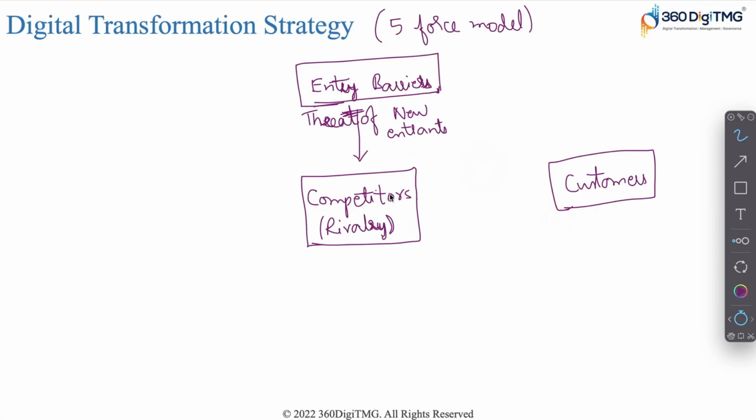If there are fewer players, then you can control the bargaining power of your customers. If you have far too many options, the customers will have bargaining power. They bargain and ensure that you give your service or product for a low price. But if you ensure that you have good control there, regardless of